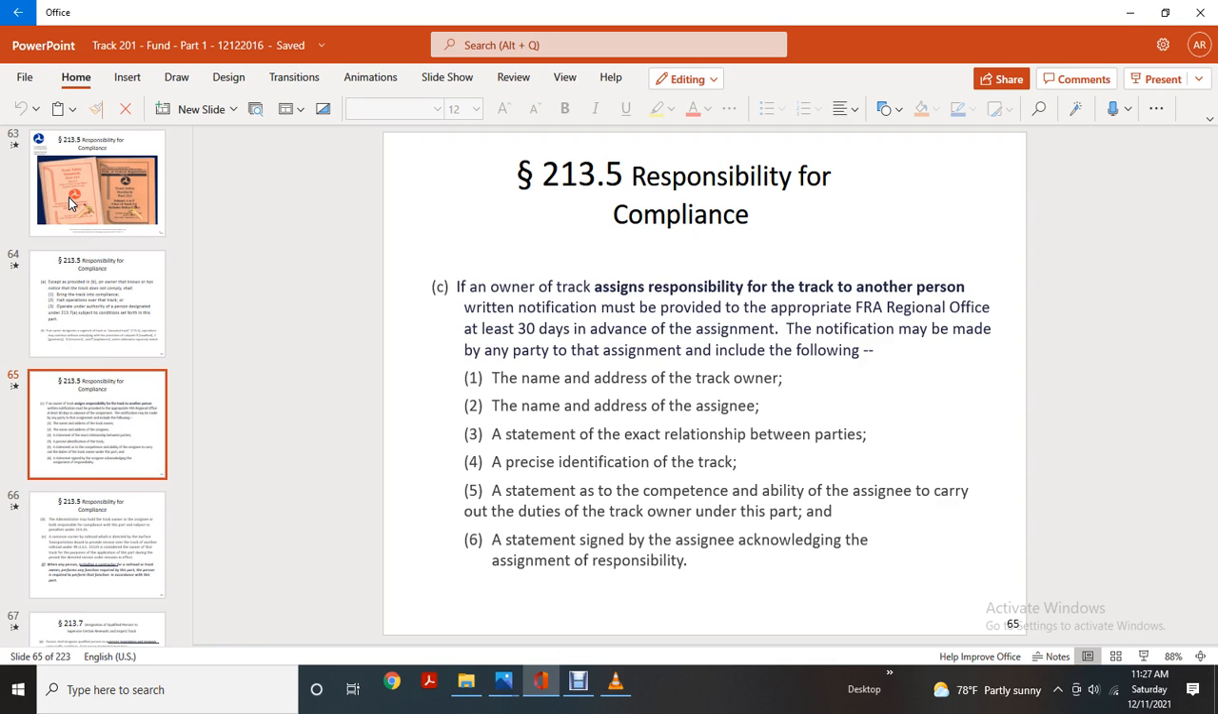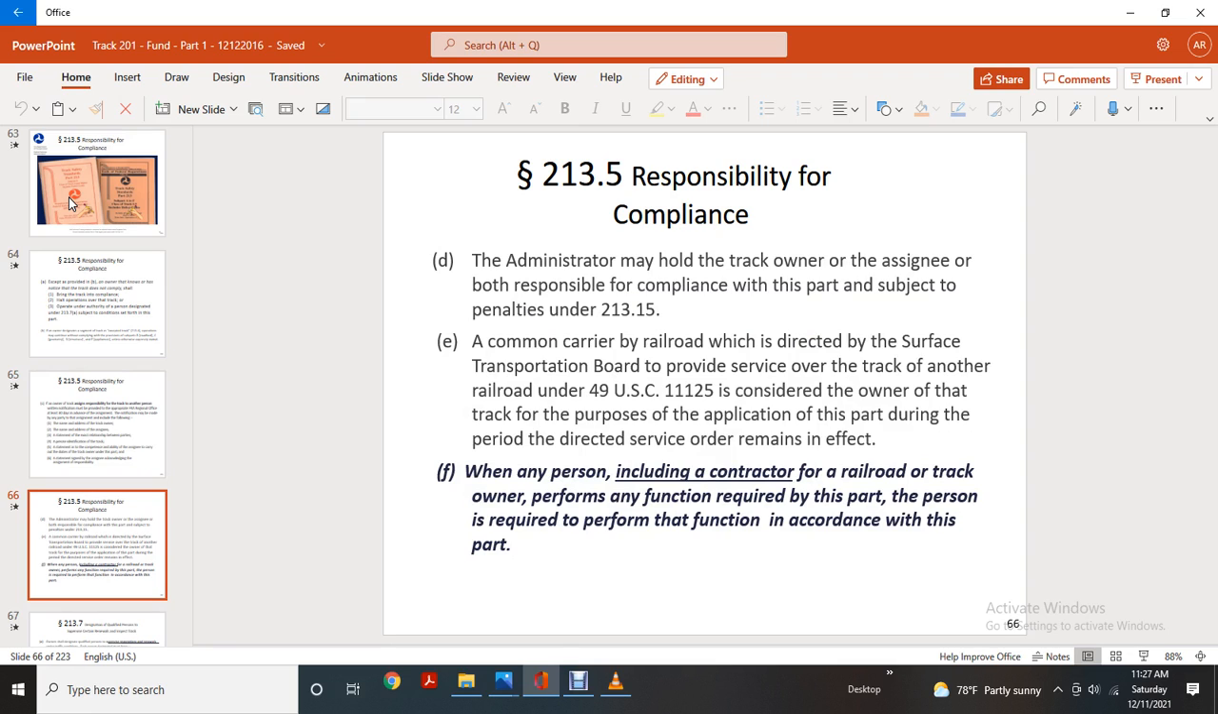the duty of the track owner, with a statement of assignment by the assignor acknowledging the assignment and responsibility. 213.5, responsibility for compliance: the Administrator may hold the track owner and the assignor both responsible for complying with this part, subject to penalty under 213.15. A common carrier of the railroad is directed by the Surface Transportation Board to provide service over the track of another railroad under Title 49 CFR 11125, with the consent of the owner of the track, for the purpose of the application of this